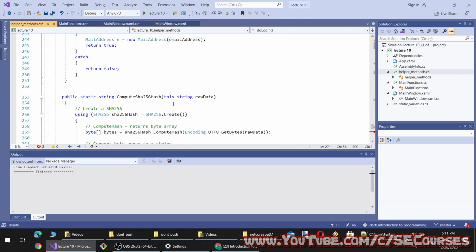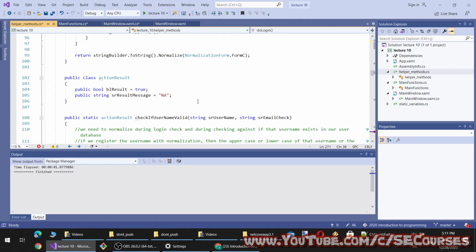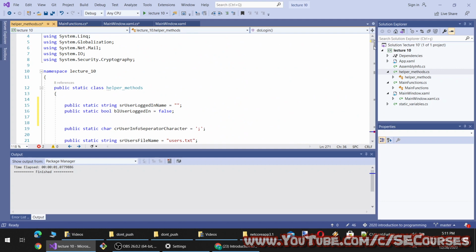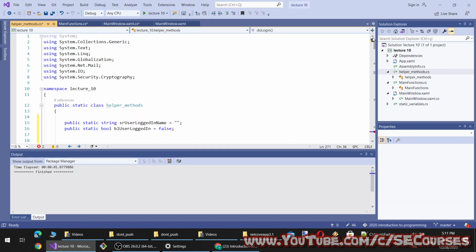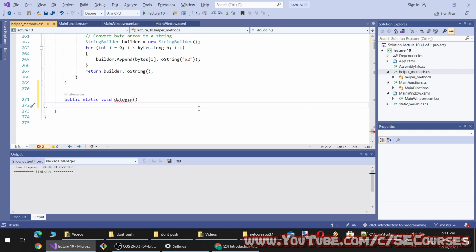This will take a reference of main window to call main window message box show. I wonder if we can call message box show here.